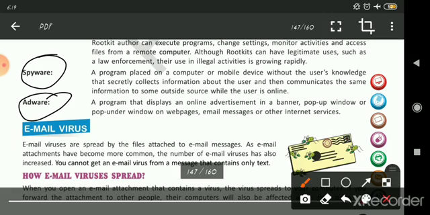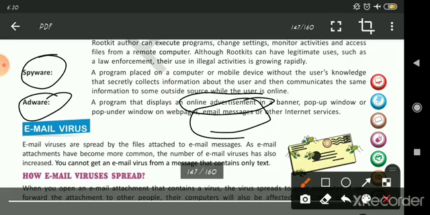This program displays an online advertisement in a banner or a small pop-up window, which always comes when you are online on Google or some web page. Even when you are using your email, a pop-up window comes out with different advertisements. A virus can be there too. When you click that advertisement, the virus enters your computer through that.